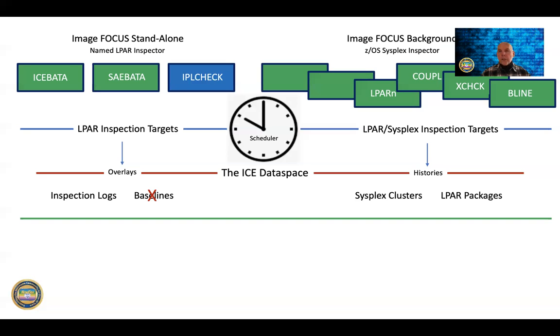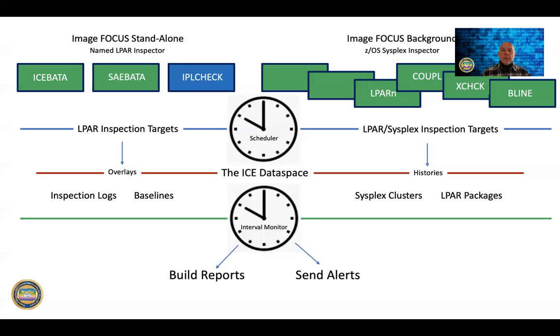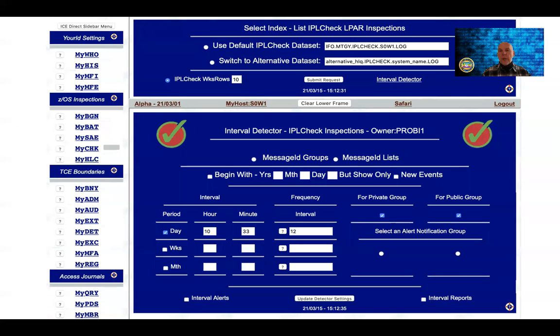And you've got all this. Now, what are you going to do with it? Well, setting up an interval monitor will allow you to define reports that will be built at the interval you define, daily, weekly, monthly, or all three, and also allow you to distribute those reports to those with a need to know. In order to do that, we need to set up the monitor to run at an interval and define a recipient list. So this panel that you're looking at will be our target today. As we fire up ICEDirect, we'll navigate to it, and we'll actually run one of the monitors. So I'll go ahead and close this down,